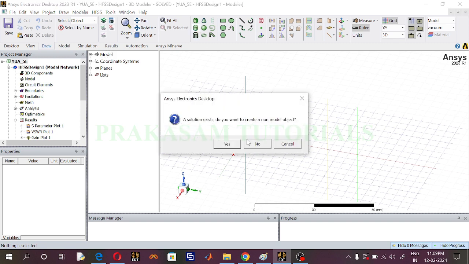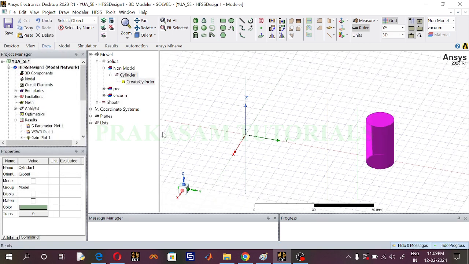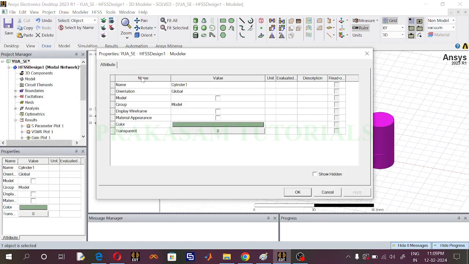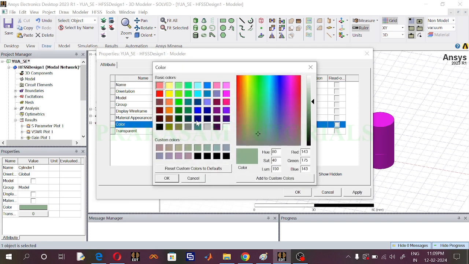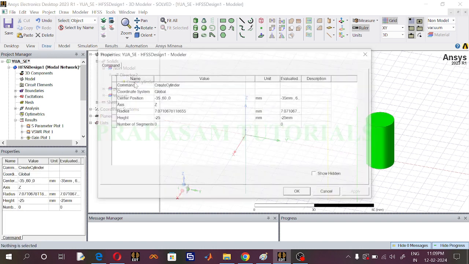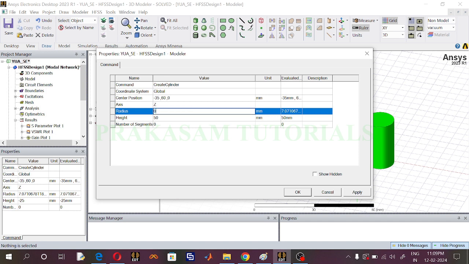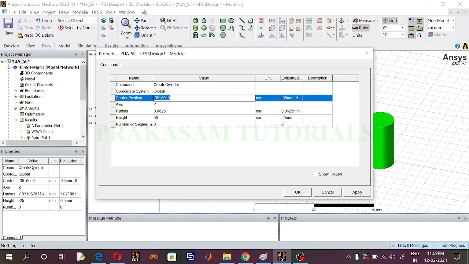Select the cylinder, draw the cylinder anywhere in the plane. So give the rename of the cylinder. This is director 2. Next, change the dimensions of the director 2 element, and the height of director 2 is 50 mm, and the radius is 0.0625 mm, and position, and x position is 0 mm, and y position is,